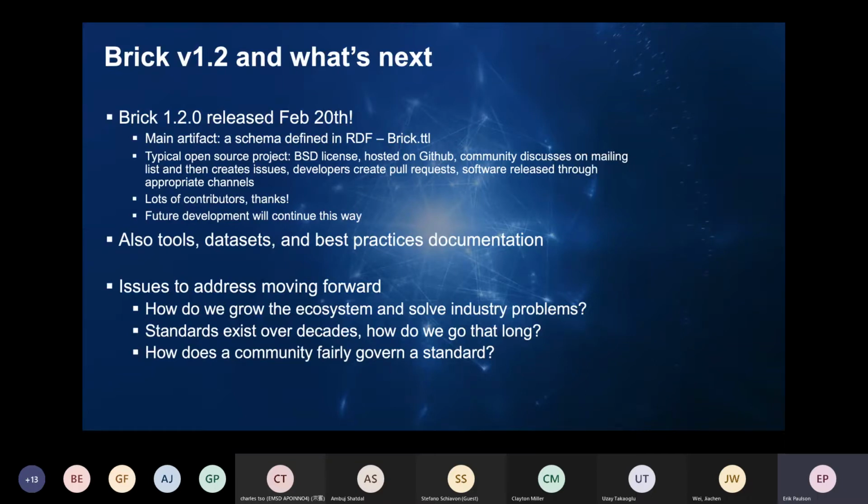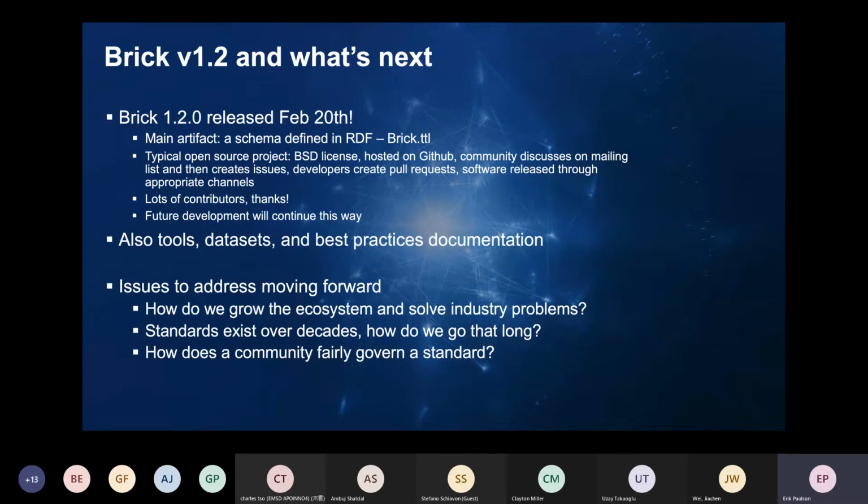Brick 1.2 had a lot of contributors, and this goes beyond just what GitHub recorded as people who made check-ins or commits. A lot of the contributions to Brick 1.2 came from people from the mailing list or opening issues with suggestions of new classes to add or what have you, and those folks vastly outnumbered the developers, and so we thank every one of them for making Brick better. And Brick development, by and large, is going to continue to work like this. Even in the consortium, it will still be an open source project developed through GitHub. We'll talk a little bit about when we get there about what's going to change, but it's not much.